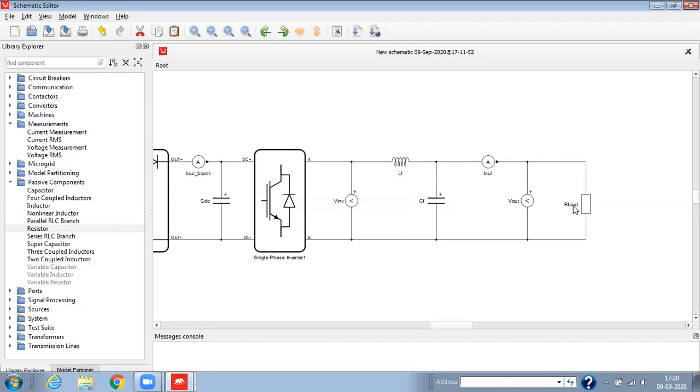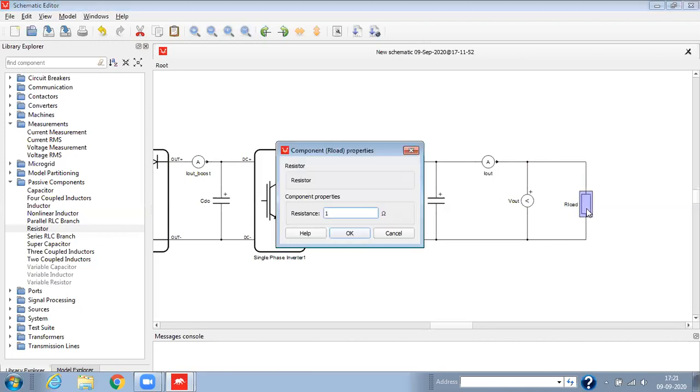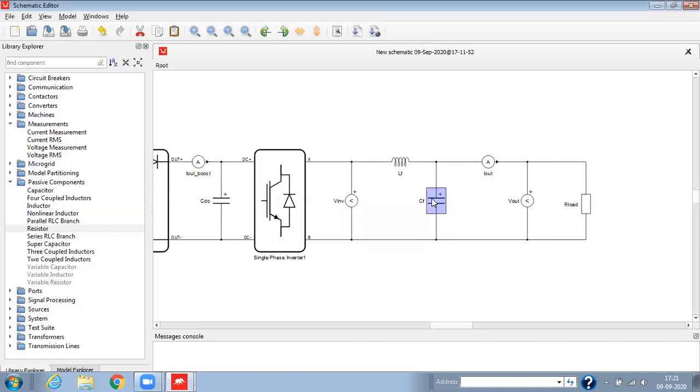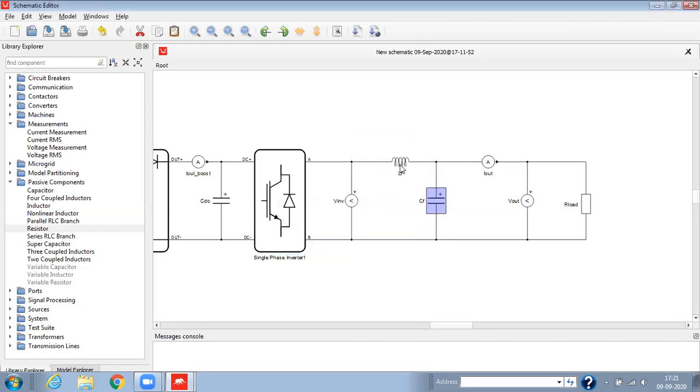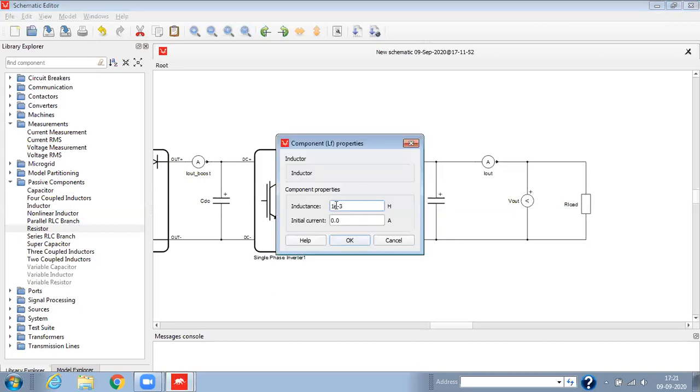Now I'd like to change the resistance value here. It will be 100 ohm, and the filter capacitor will be 20 microfarad. Similarly, the inductance value will be 3 millihenry.